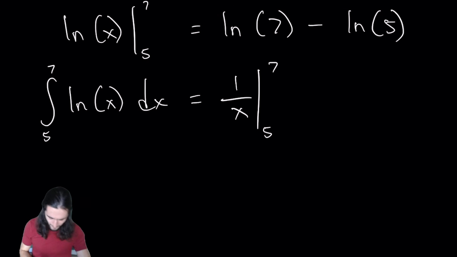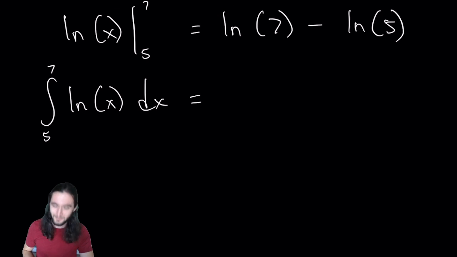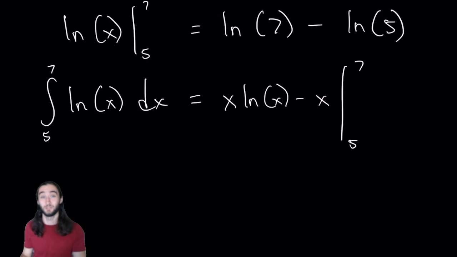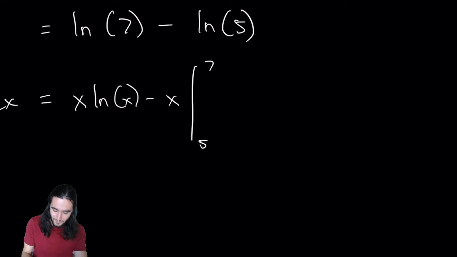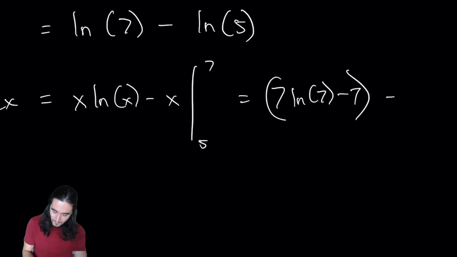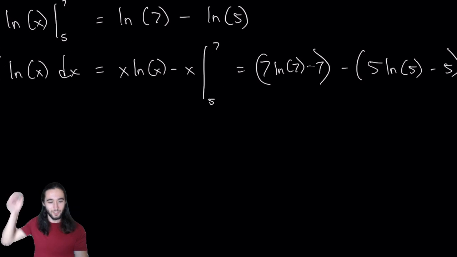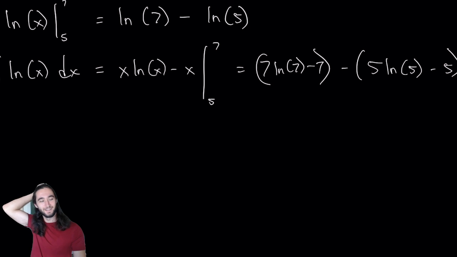Wait a second, I screwed up. That's not the antiderivative of natural log, that's the derivative, isn't it? The antiderivative is this other thing. Ew, gross. Right, so then that's what you plug in, 7 and 5. So 7 natural log of 7 minus 7, minus 5 natural log of 5 minus 5. So you have to actually replace the original function with its antiderivative. Of course, right? But yeah, easy to forget,